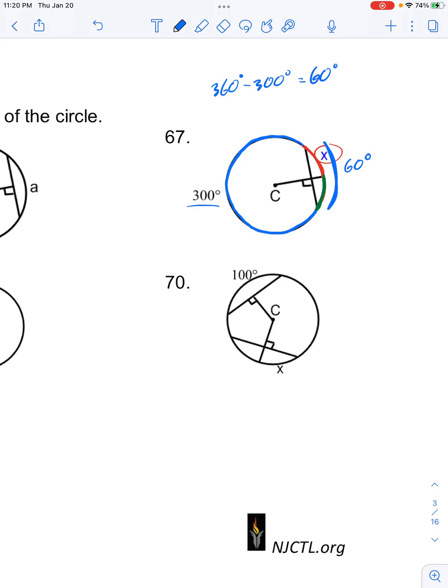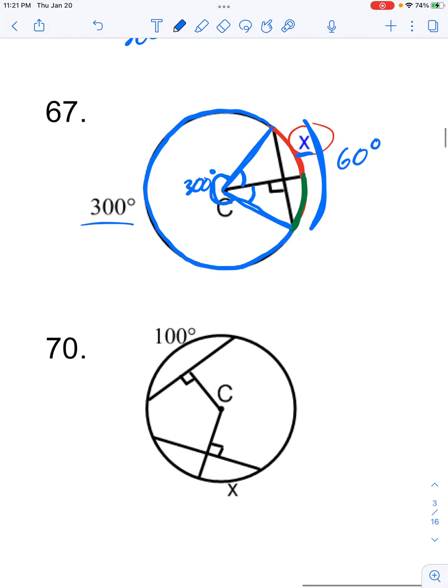And so in order to find x, we need to solve for this angle right here. And we can solve for that angle by saying that the larger angle on this side is 300 degrees. And since we know that this segment here is a radius, and this segment here is a radius, they are